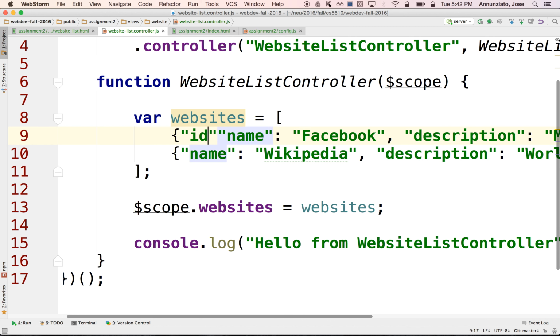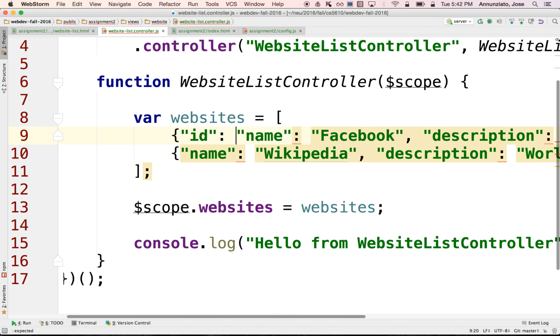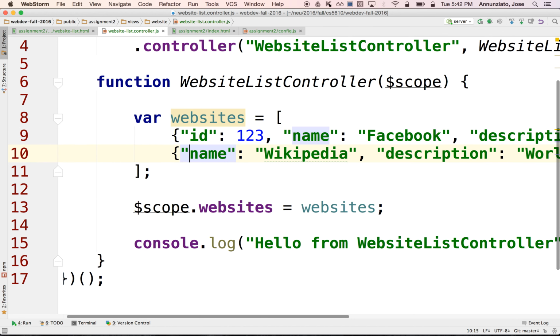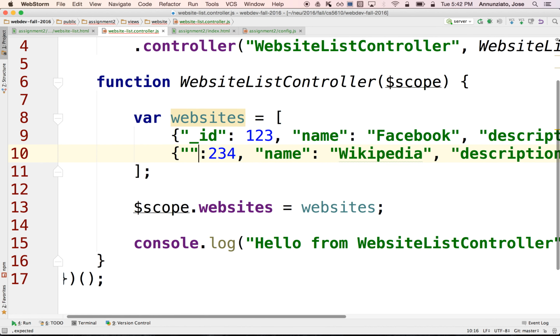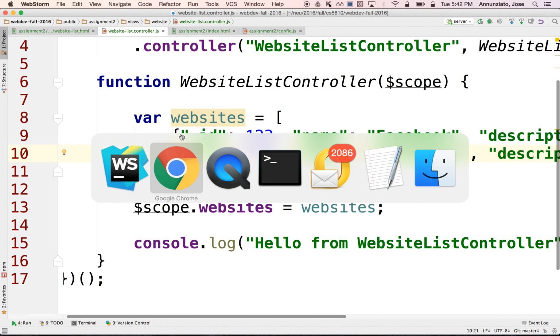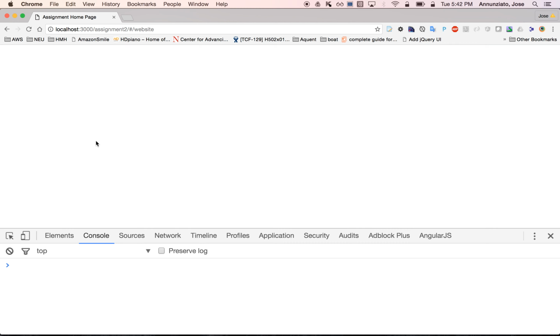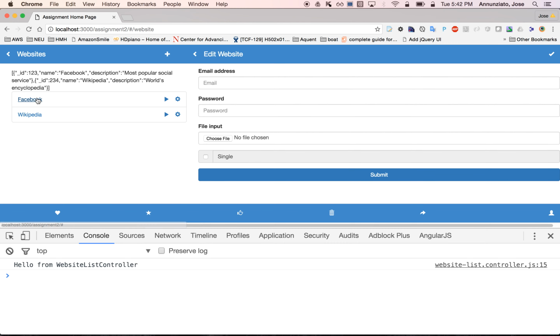Let's create an ID. Okay, 1, 2, 3, and then an ID here. Actually, I'm going to use underscore ID because later on we're going to map this to a MongoDB database, which uses as unique identifiers the attribute underscore ID. So let's see another here. So underscore ID. There it is. So if we go back and refresh the page, and if we hover,